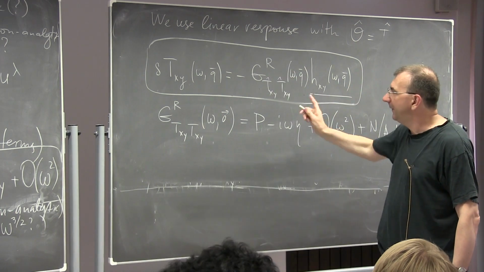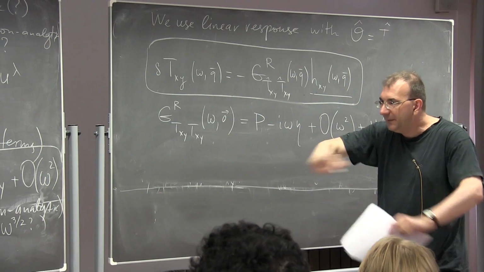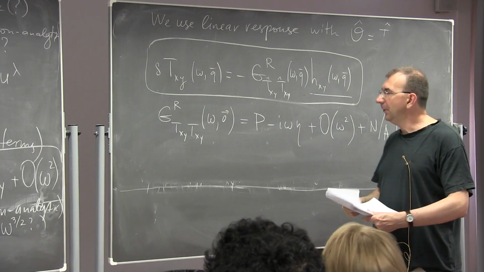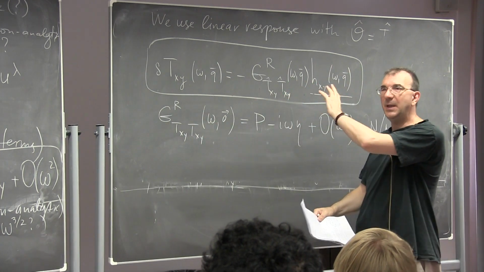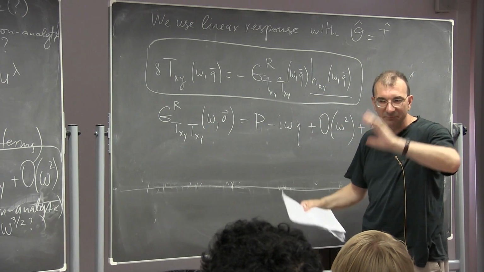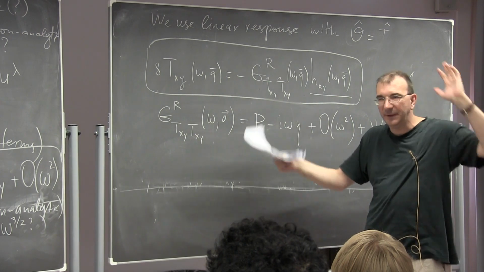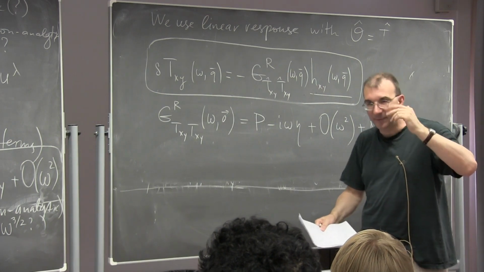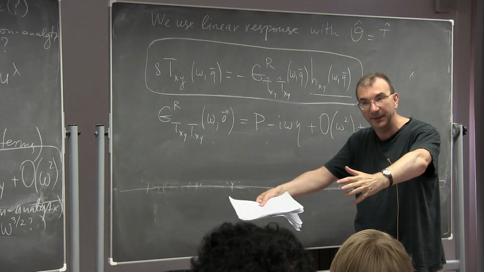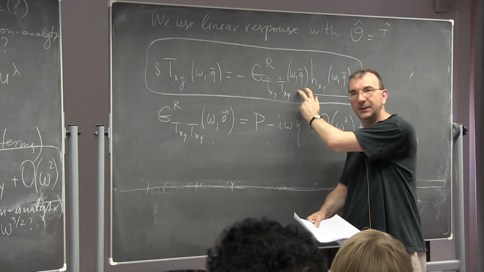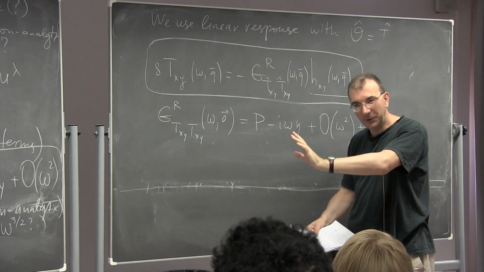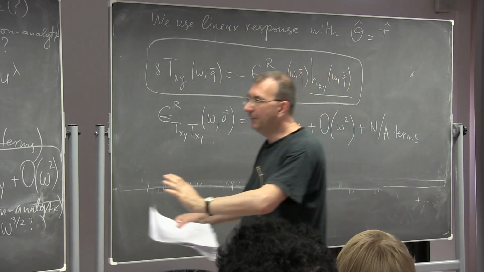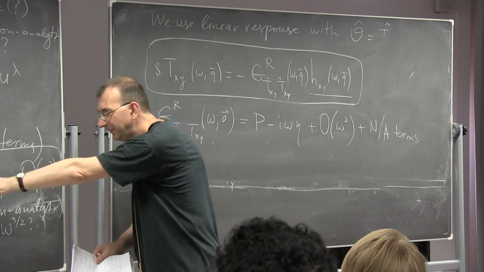All right? So I did not specify the theory. It could be any theory. So far, everything is completely generic. And this function, G retarded, may be an extremely complicated function of omega and q. In some interacting quantum field theory, God knows, it's extremely complicated. But the only thing that I know, and this is a conjecture that a hydro state exists in my theory, is that if I expand this function for small omega and small q, the leading order approximation in this expansion must be of the form dictated by hydrodynamics, meaning of this form.